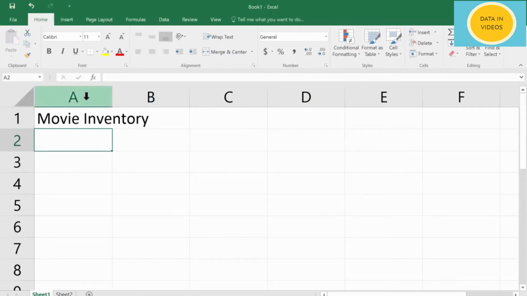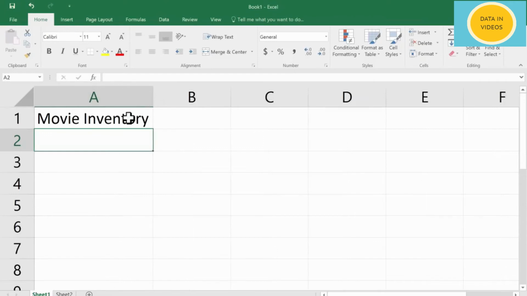Now we can fix it to look a little nicer. I can stretch out any column or even any row by putting my mouse between any two column letters. This is column A and column B. Put my mouse between the two, right on the line, and you will see that my mouse cursor changes into a double-sided arrow.